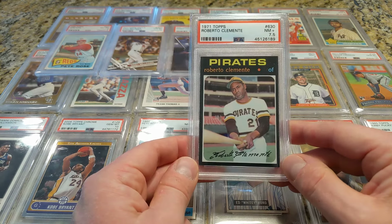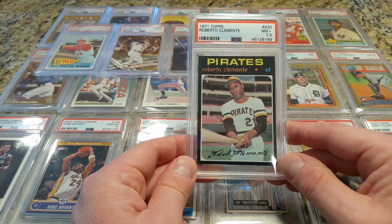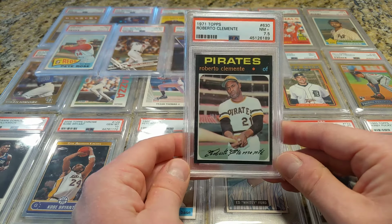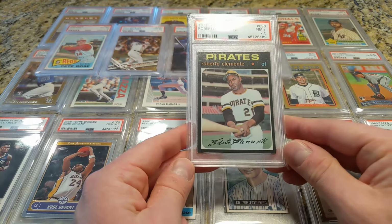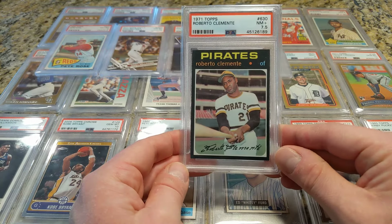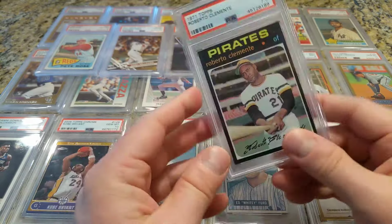I believe his ask on this was $550, and I want to say I agreed to $480. So I saved $70 and I saved Connecticut sales tax, so it was a win-win for me. And it looks really nice. It looks like it could almost be an 8, so I'm not quite sure what the issue is here. Maybe a little bit off center, left to right, which is pretty common, at least for me anyway. So Roberto Clemente,